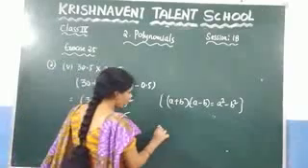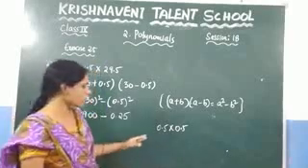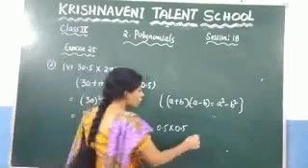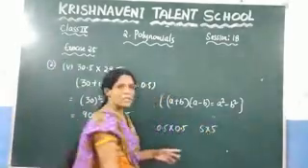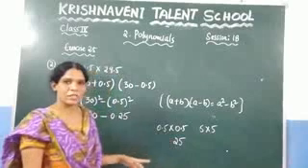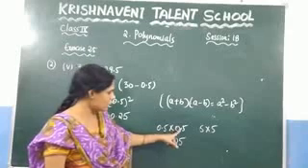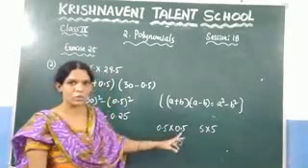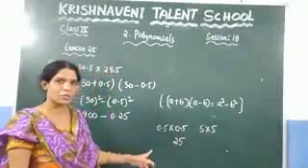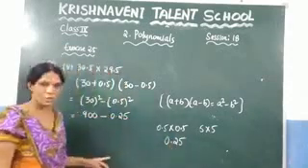You already know. 0.5 into 0.5. If you want to do this multiplication, just take off the decimal points. After taking off the decimal points, the numbers left are 5 into 5. Just multiply 5 into 5, and the result is 25. Now you need to check how many numbers are there after the decimal point. Here after the decimal point 1 number is there, and here 1 number is there. Total 2 numbers. So starting from the right, you need to move 2 numbers and keep the decimal point. So you get the answer 0.25.